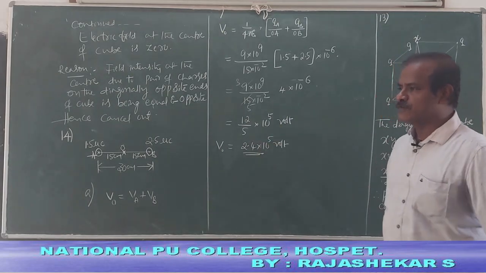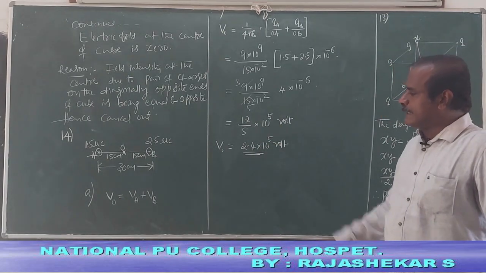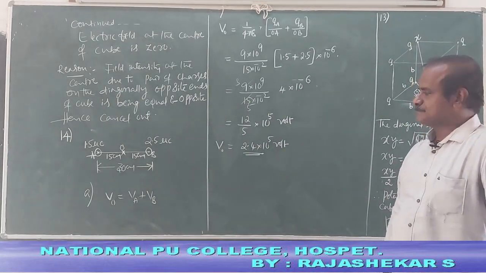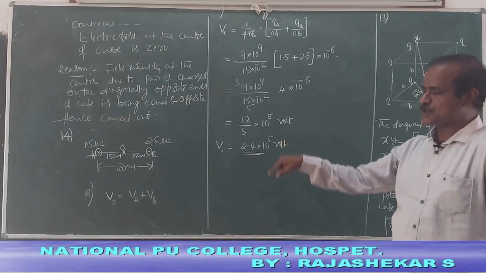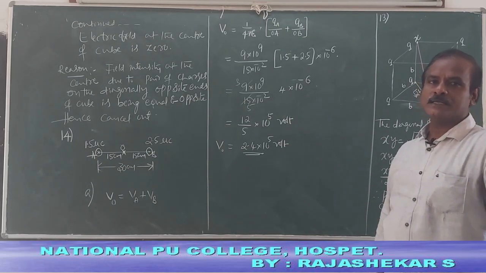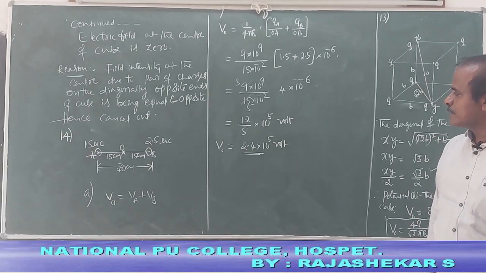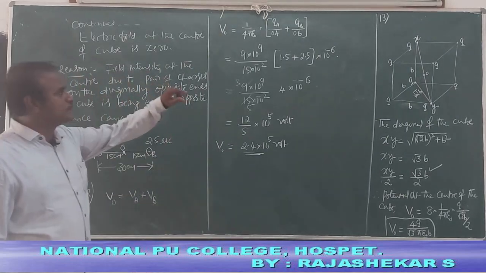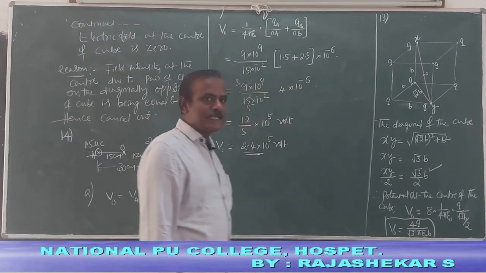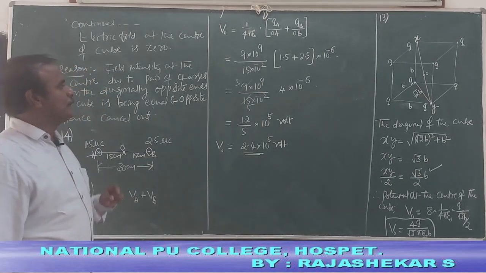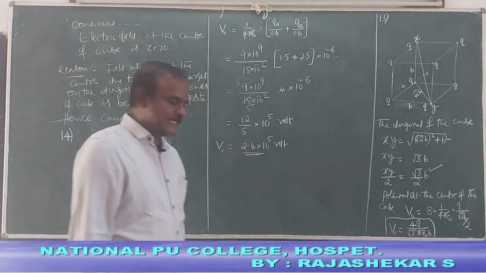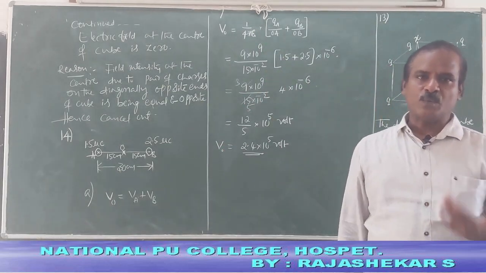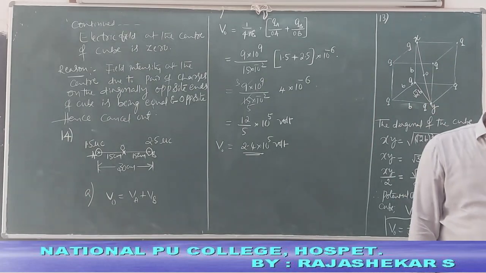Observe the calculations carefully. In sub question A, one of the questions we answered. Still we have to answer for the same sub question: what is the field at the midpoint. Electric field at the midpoint you have to answer. And potential being a scalar quantity, simply it is an algebraic sum. Now as far as field intensity is concerned, it is a vector quantity, we have to consider directions before we add. Understand? Vector sum it is.